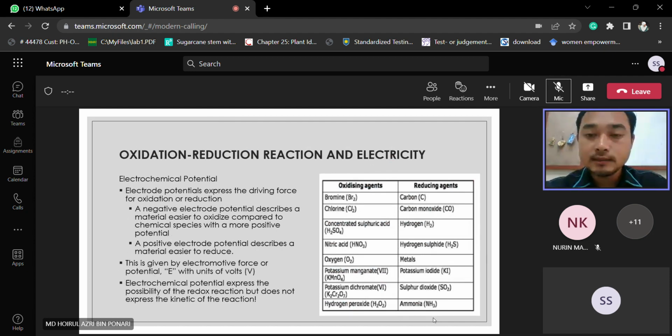Electrochemical potential is when we have two elements, or two ions. One has the ability to reduce and one has the ability to undergo oxidation. So if we have two elements where both have less electrochemical potential, the redox reactions